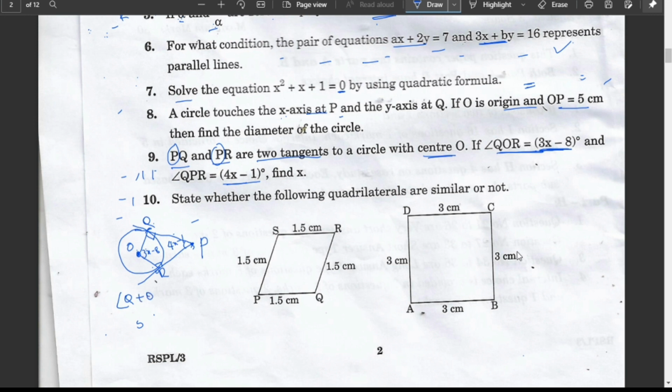Q plus O plus R plus P will be a 360 degree angle. Here we know that Q and R are 90 degrees. So angle QOR plus angle QPR equals 180 degrees. These two angles here. So QOR is